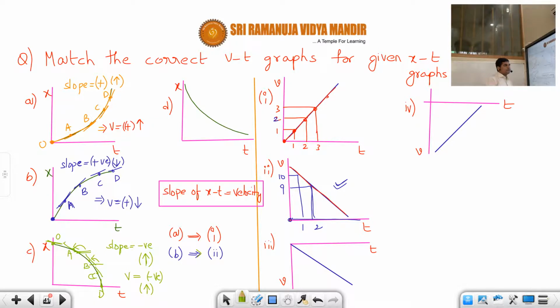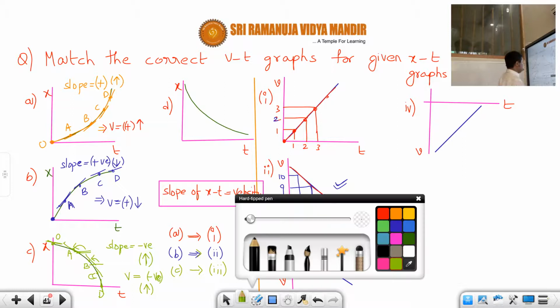So what is the correct option here, students? Third one or fourth one? First and second we can directly neglect, because their velocity is positive. In those two graphs, velocity is positive, but we want velocity to be negative. So that means either 3 or 4. Now for the third case, as time increases, the velocity is increasing. Correct or not? The velocity is increasing and it is also negative. So therefore the third option, that means C, is correct. Students, in one problem I'm covering everything.